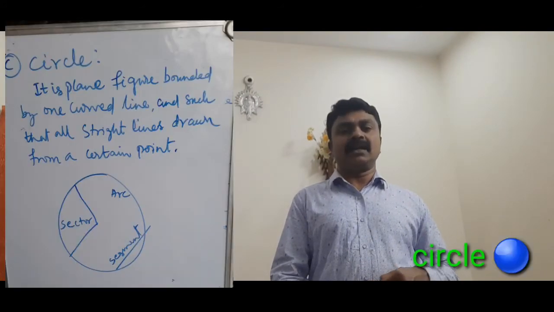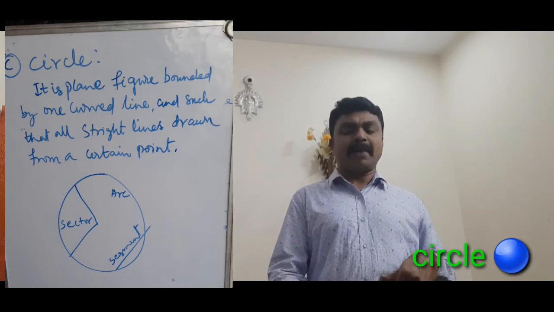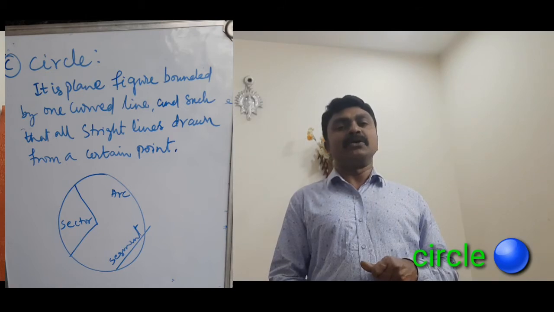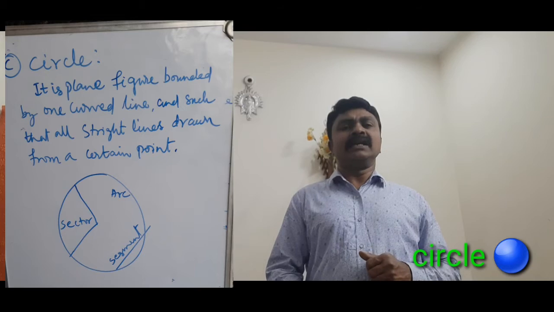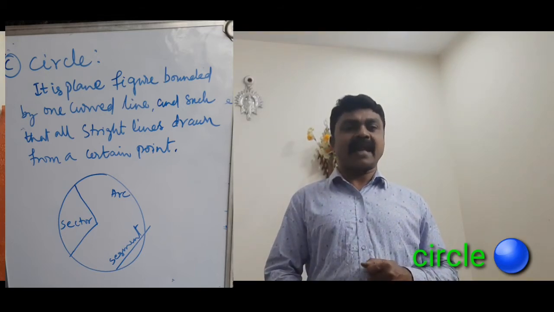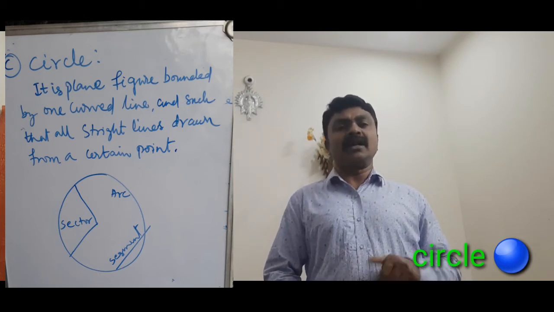Kindly go through it. The third method is the circle. Everyone must know the circle figure. It is in the form of a round, a plane figure bounded by one curved line. We can call it a circle. This circle is used for various purposes. In government reports, secondary reports, or a district at a glance, we should know that the circle form is used